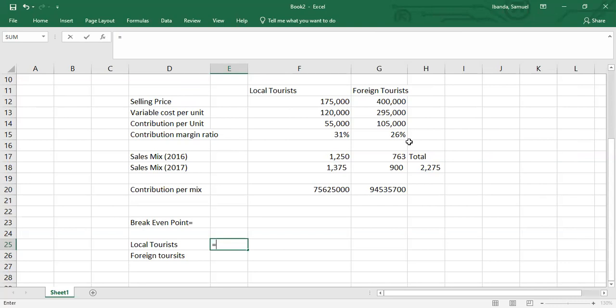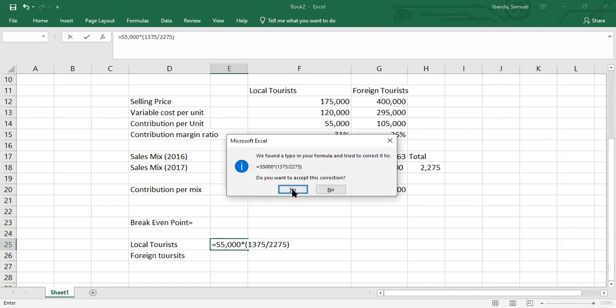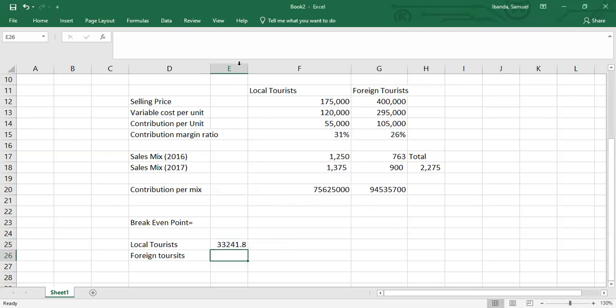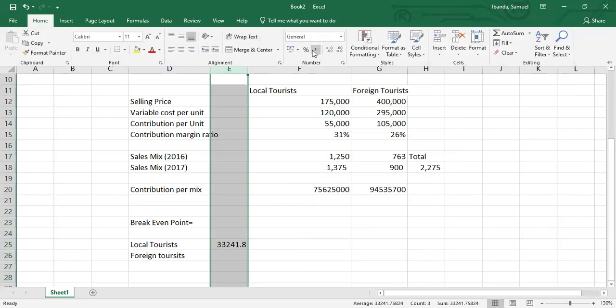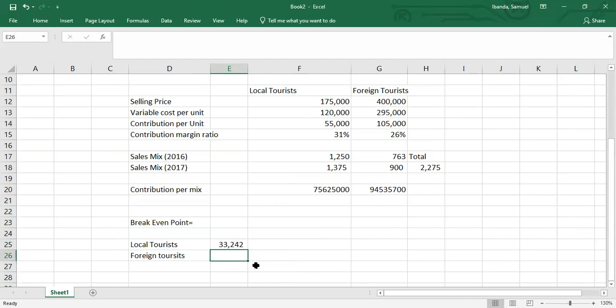So what I'm going to do, instead of using the percentages, let me get the 55 directly. So I'm going to get the contribution per unit up here, and then multiply it by this ratio, which will be 1375 divided by 2275. So this will be my weighted average CM,